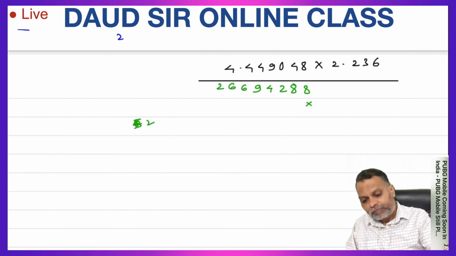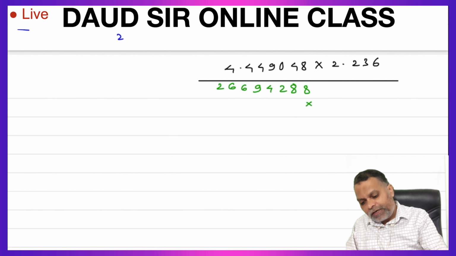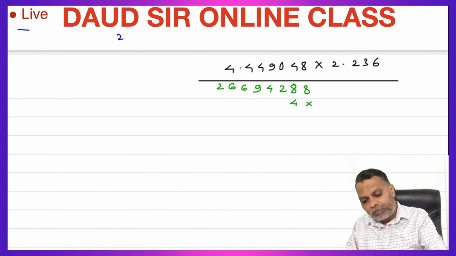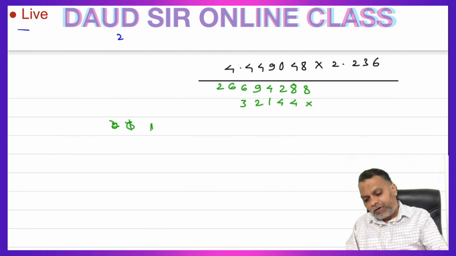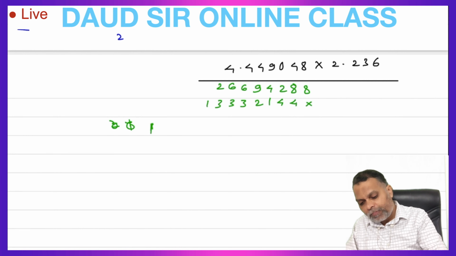This is now multiplying by 3. Multiplying by 3. 3 8 are 24, 4, carry over 2. 3 4 are 12 plus 2 14, carry over 1. 3 0 0 plus 1 1. 3 4 are 12, 2, carry over 1. 3 4 are 12 plus 1 13, carry over 1. 3 4 are 12 plus 1 13, 3, carry over 1. 3 4 are 12 plus 1 13. Carefully.